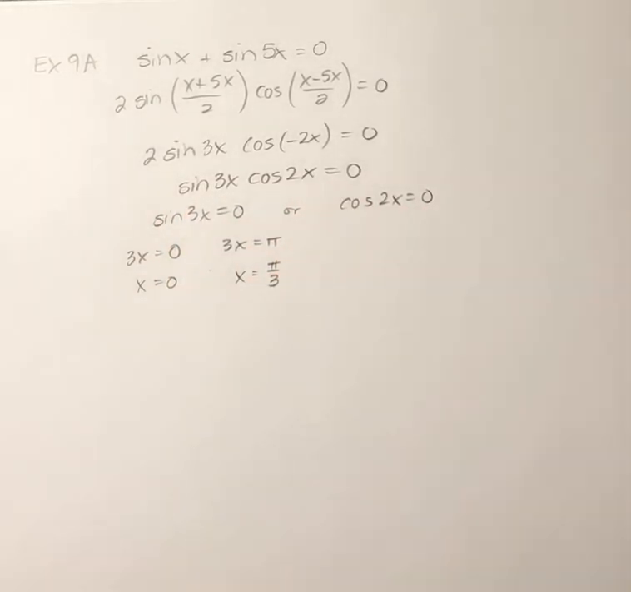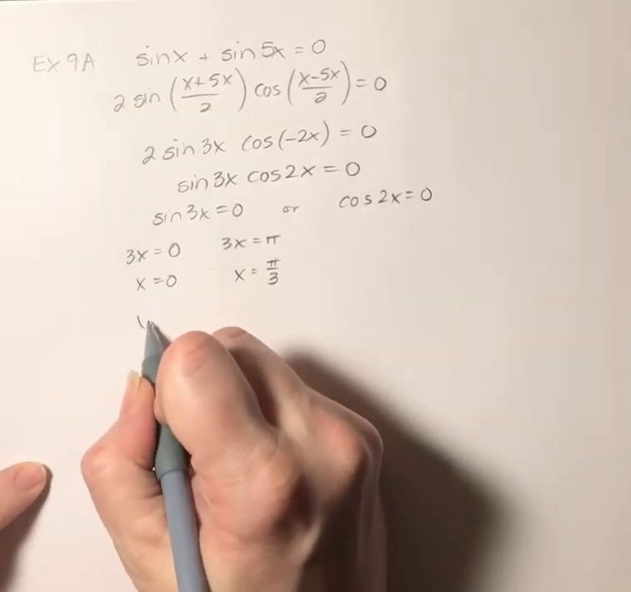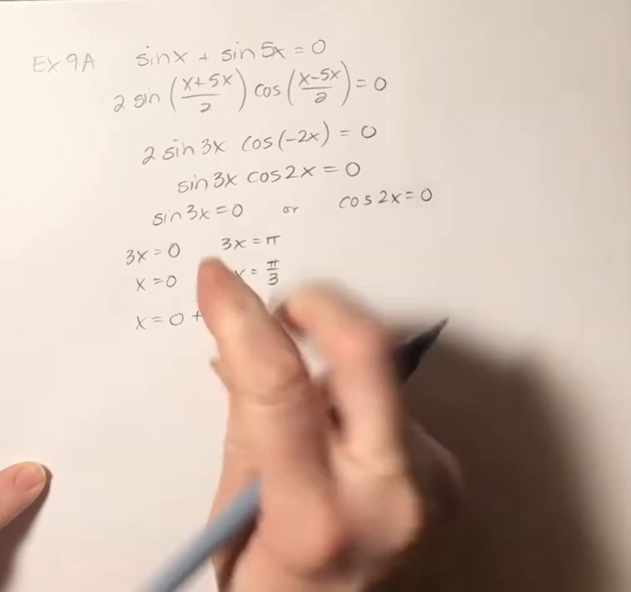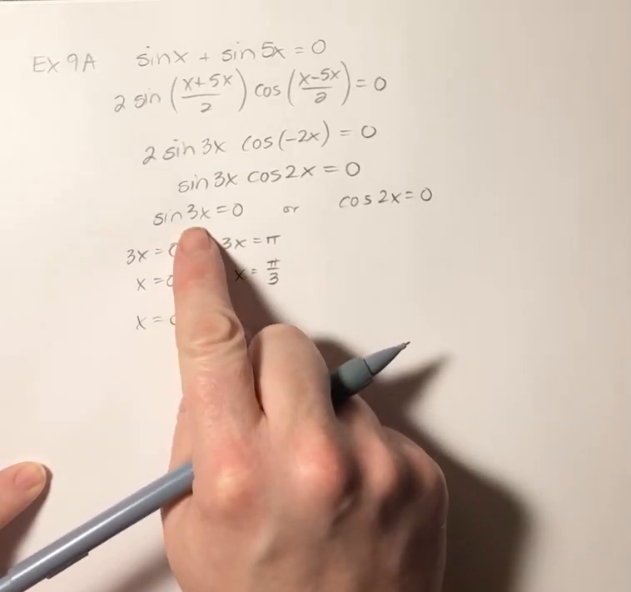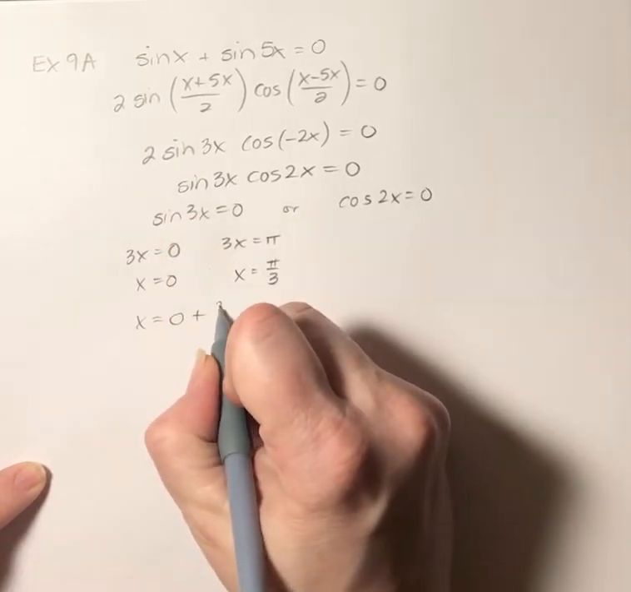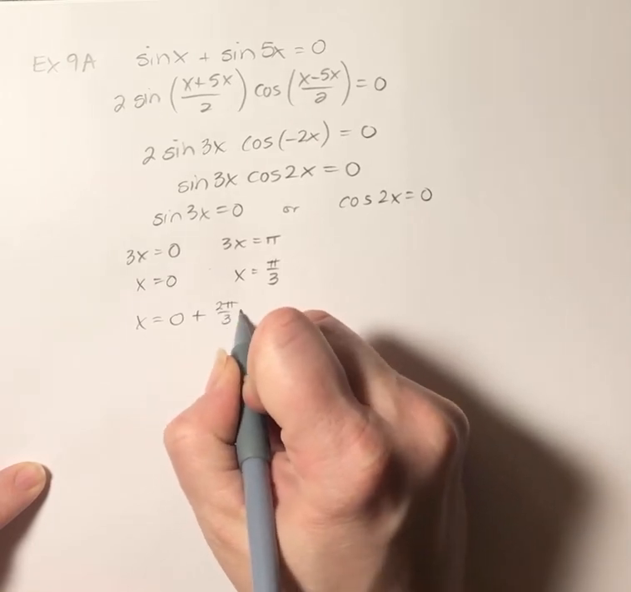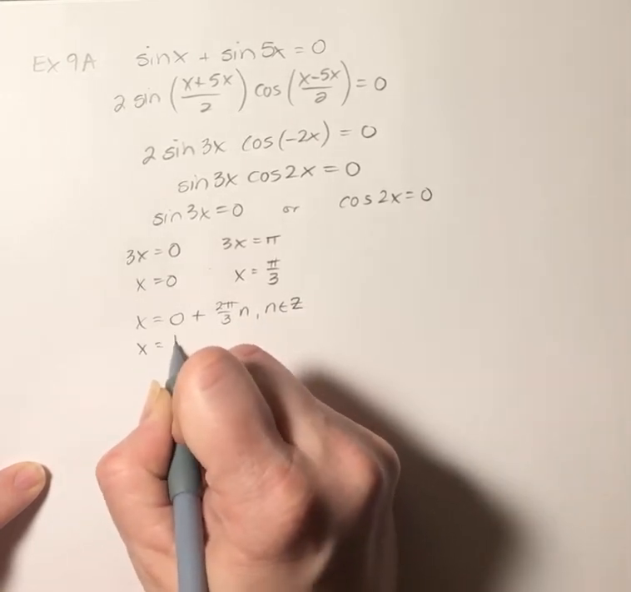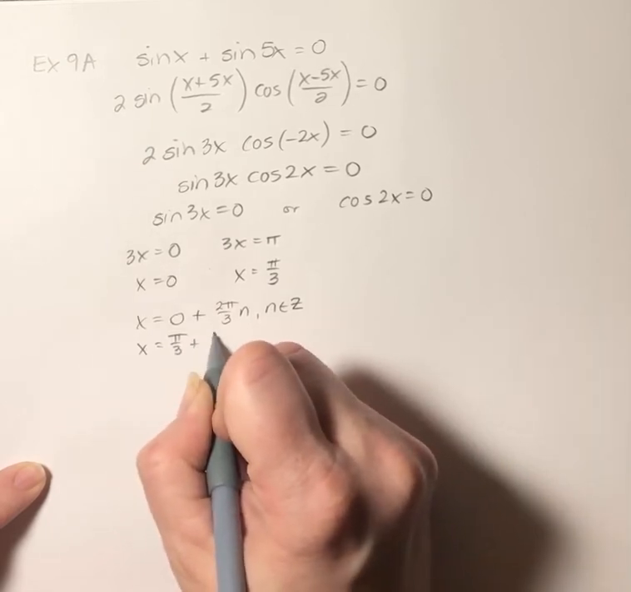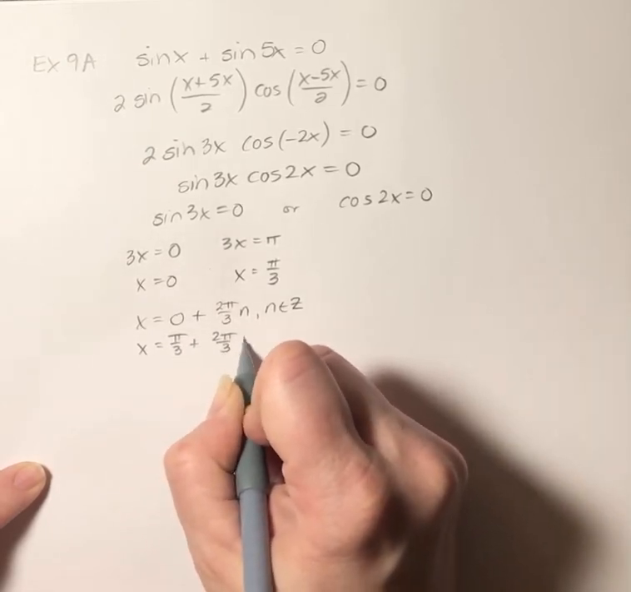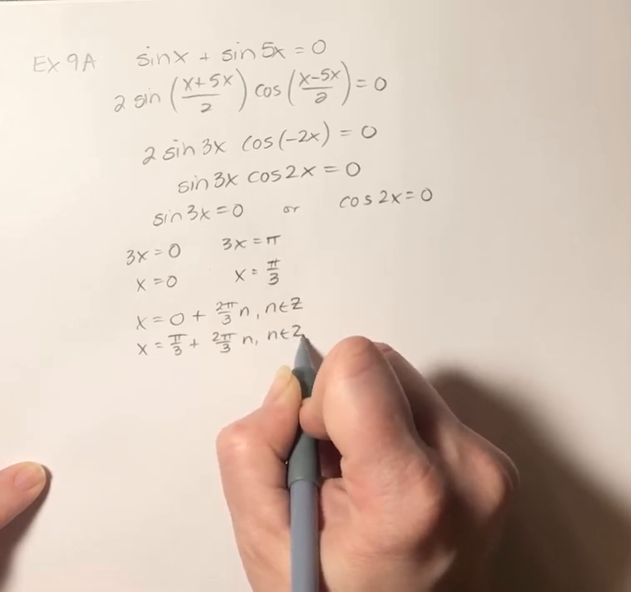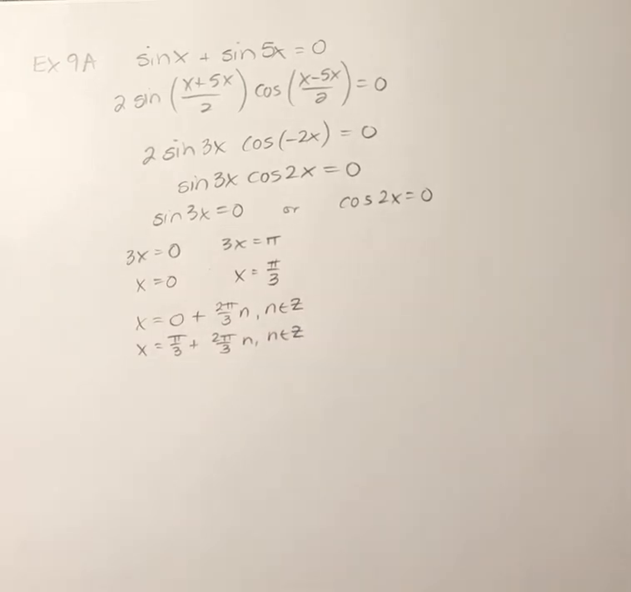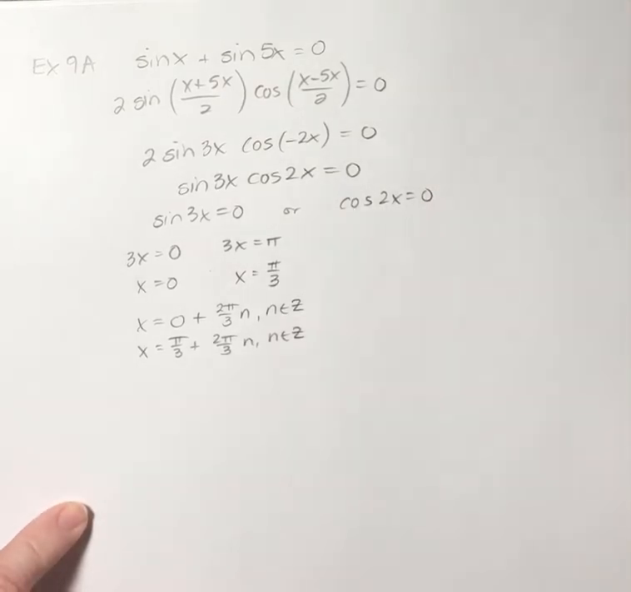And now again, I'm looking for all of my possible solutions. So my period is 2 pi divided by 3, or 2 pi thirds. Okay. And then this one,